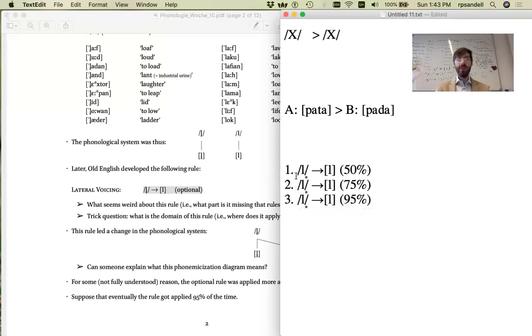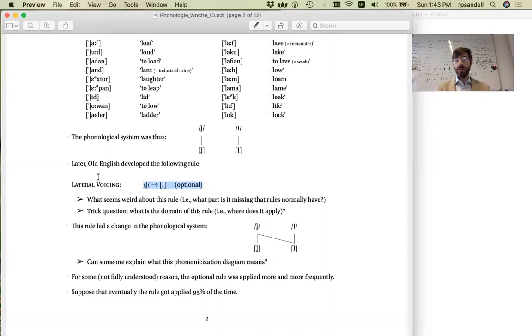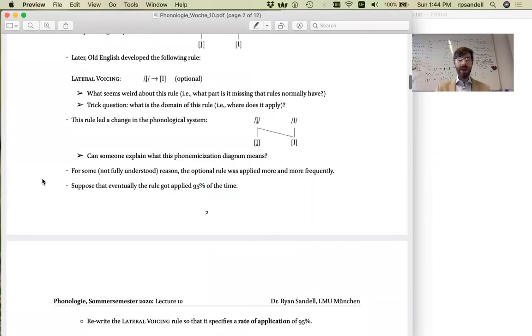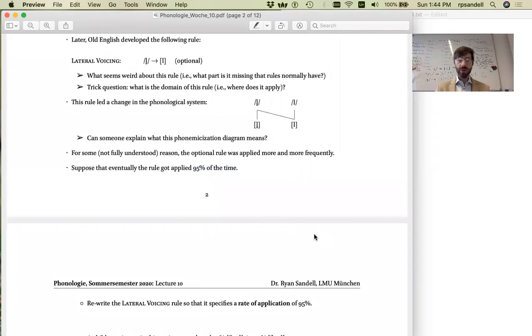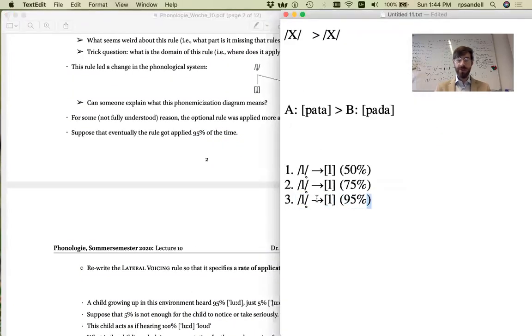the underlying voiceless lateral approximant would be realized as a voiced lateral approximant in virtually all cases, or most of the time, the vast majority of the time, 95% of the time. And so we can rewrite the rule exactly as I've done here. We specify the rule as having a 95% rate of application. And in all of these stages where we have this optional rule with some specified rate